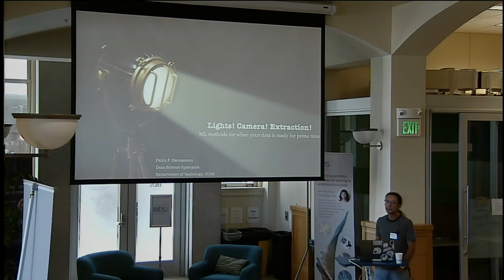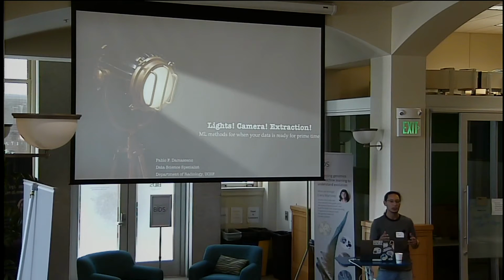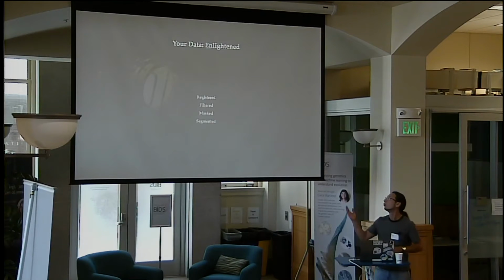I'll switch gears a little bit from talking particularly about images, but I will be talking to you almost like an outsider perspective on what can happen to your data once you have already pre-processed the data and done all this amazing work with the data you have, and methods of data science that you can use to just extract the last drop of accuracy for your model once you already have done this work with your data.